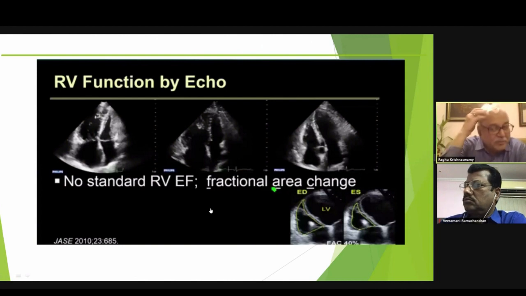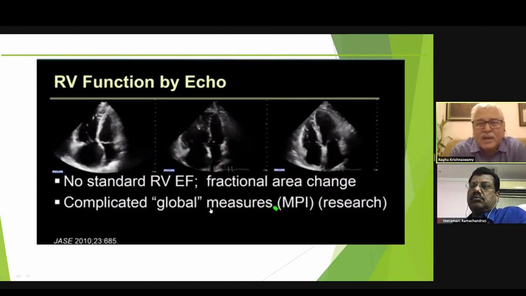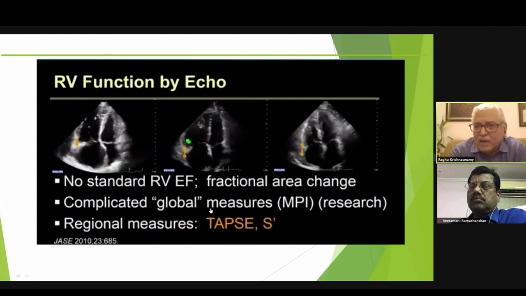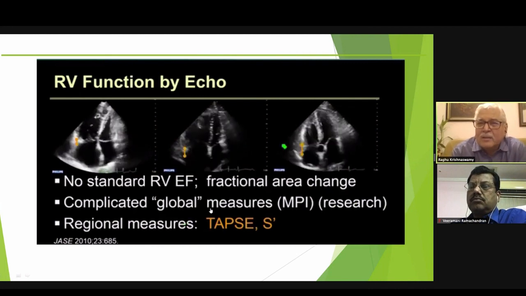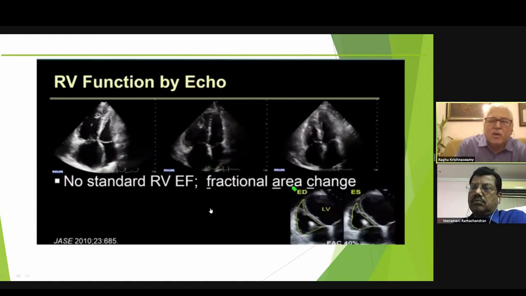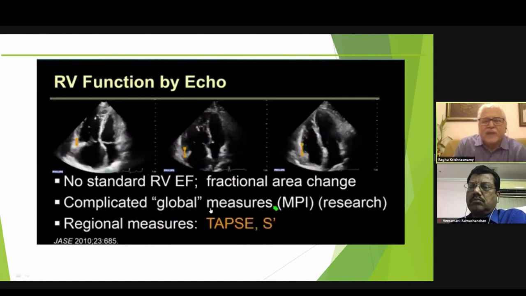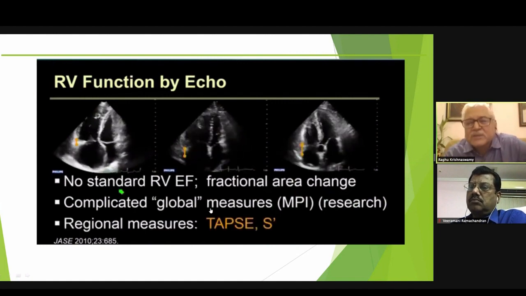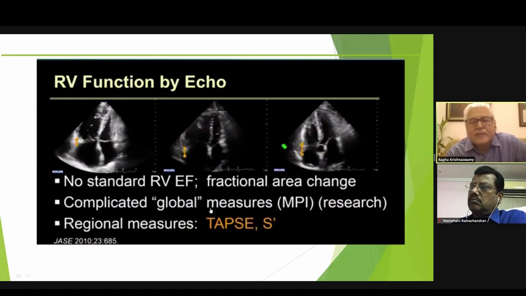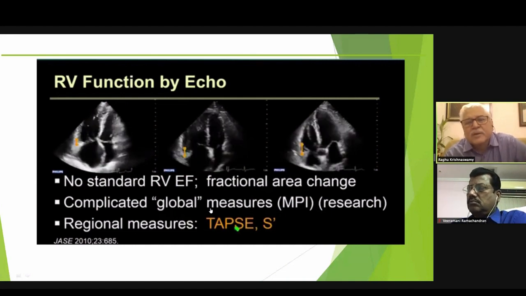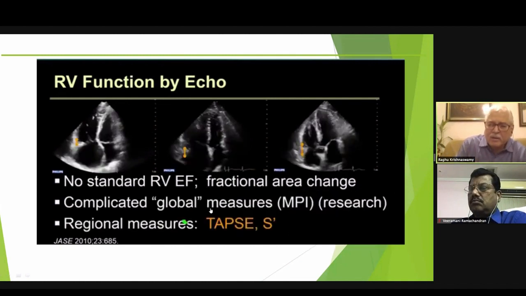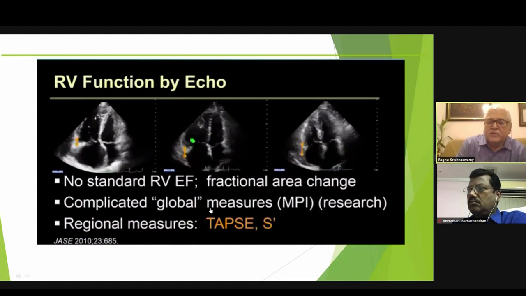Now, what is the problem? What problems do we face? As you have seen in my case, in all those cases where there was RV dilatation, unlike the LV, where we use this modality and tell you the exact LV volume, the RV volume or even the fractional area change is not done. Most of us still continue to do it by visual assessment, and that is not a very good tool, because of the unusual geometry of the RV, it's quite possible that many of us get it wrong most of the time.